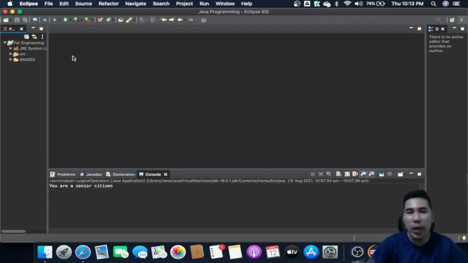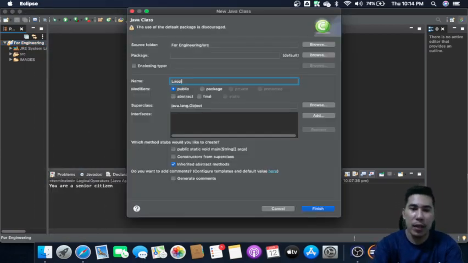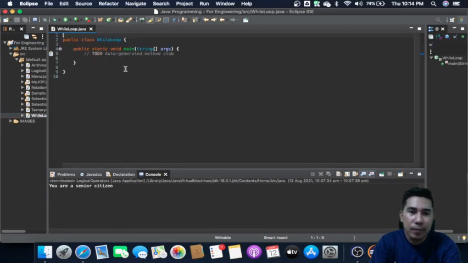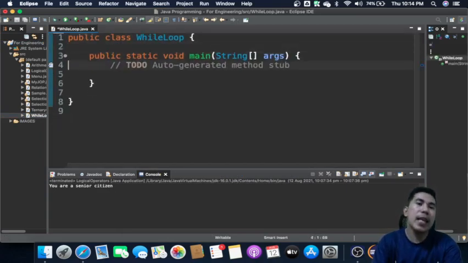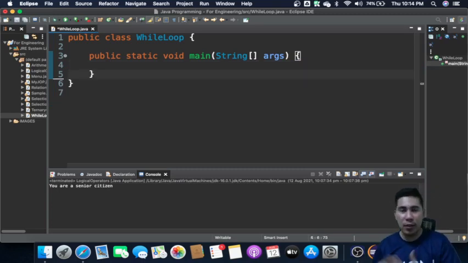So we have different types of loop. Let's start with the while statement, the while loop. A looping statement is a process of repeating a certain statement or multiple statements n times based on a certain condition, and once that condition is met, it's going to stop a certain block or program.